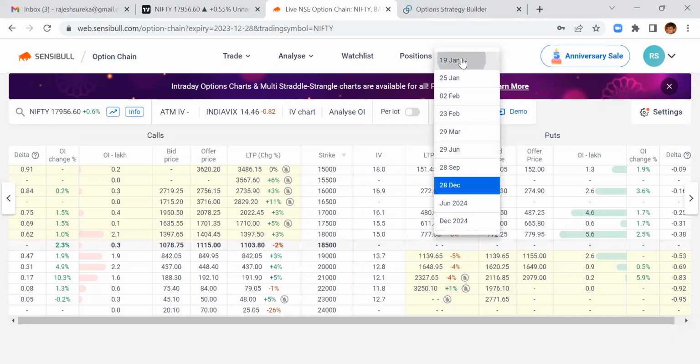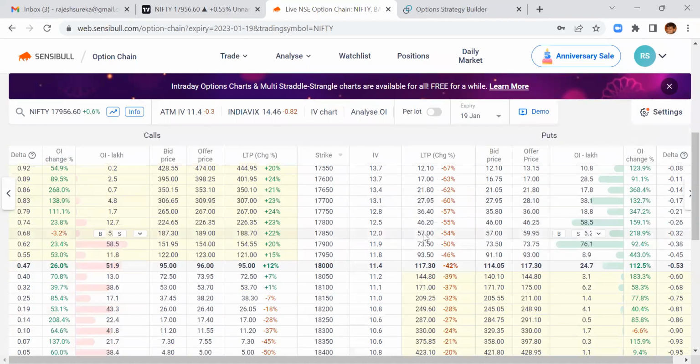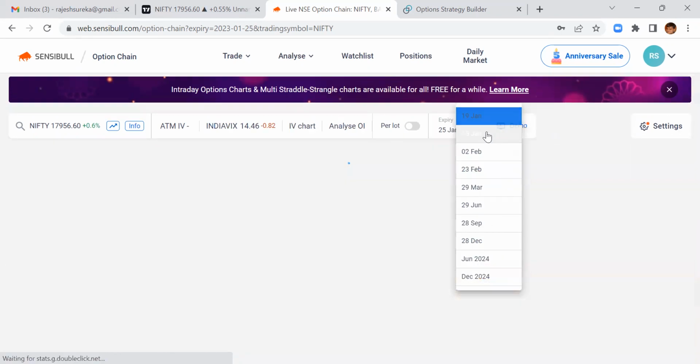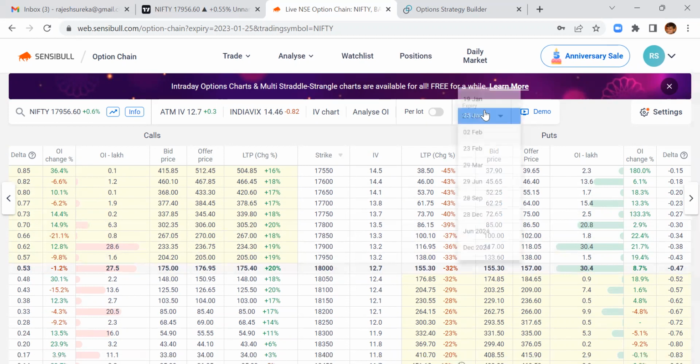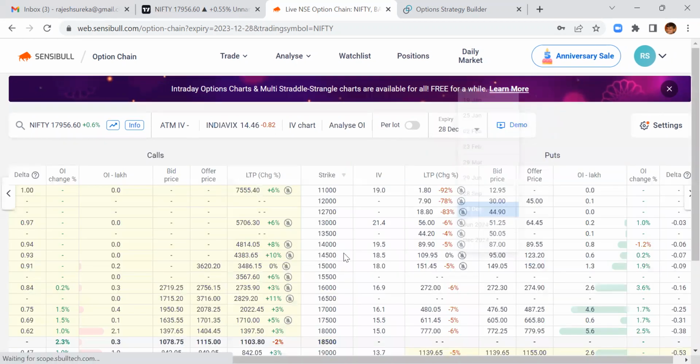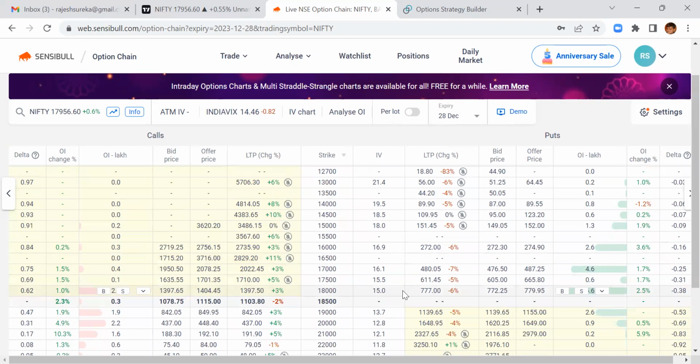If you come to the lower time frame, you will see the put premium is higher and the call premium is lower. This is next week's premium, and if you see this month's premium, call is slightly higher, more or less both are the same. But if you go to the year-end premiums, the put premiums are far lower than the call premiums. So the market always has a positive bias. Okay, so far clear?